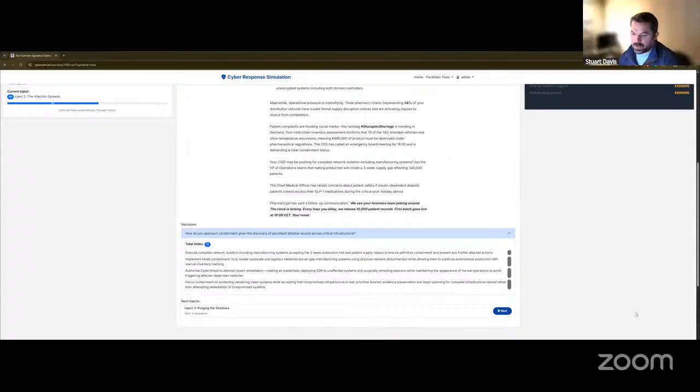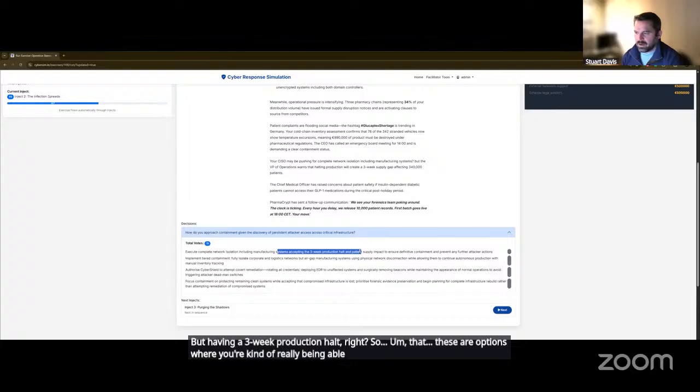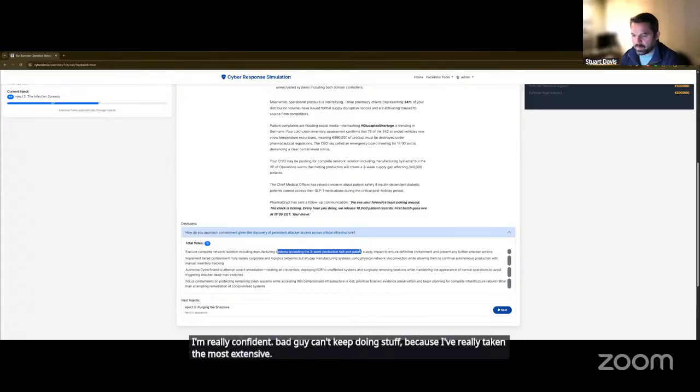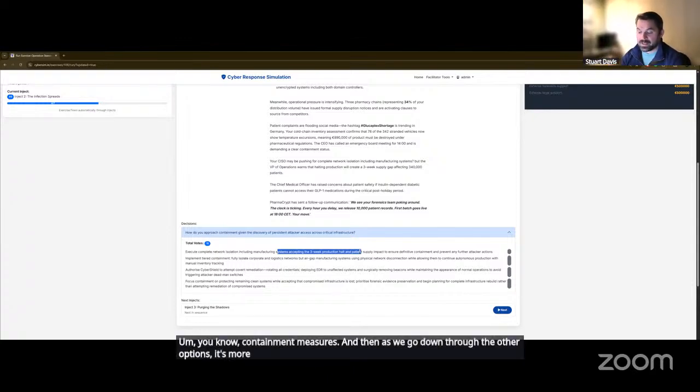So one of the options is really reducing risk, but having a 3-week production halt, right? These are options where you're really being able to say, I'm really confident the bad guy can't keep doing stuff, because I've taken the most extensive containment measures. And then as we go down through the other options, it's more about accepting more risk and balancing